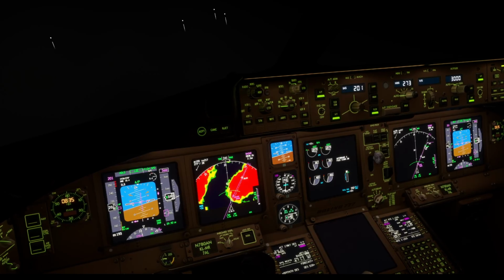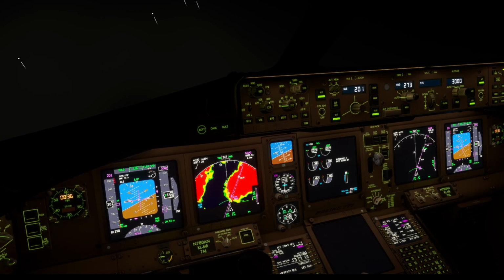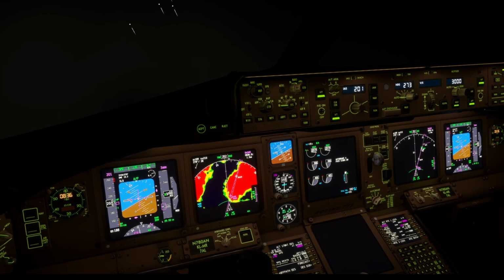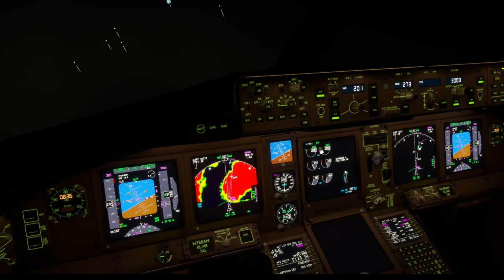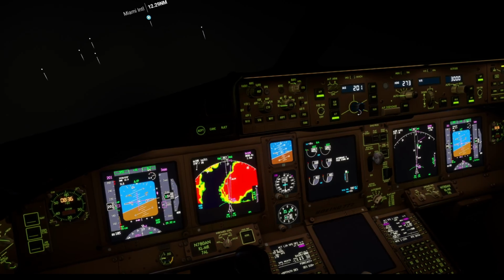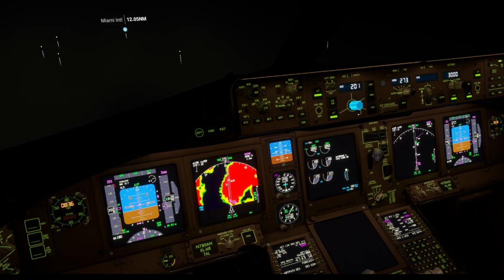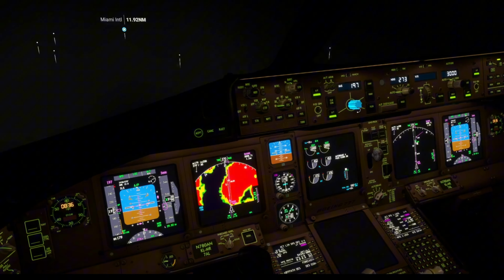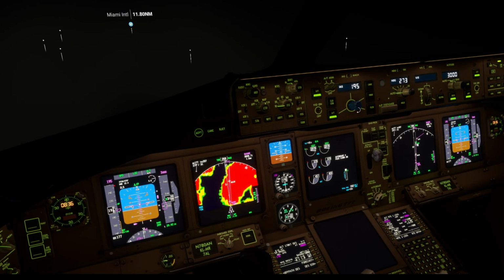There we go, the localizer is captured, glide slope is armed, you can see it in white below flight level change. There we go, speed, localizer, altitude. We can also see the glide slope slowly moving in on the primary flight display. Currently 1 dot of deviation. And now it's coming in. The airspeed seems pretty stable at the time,